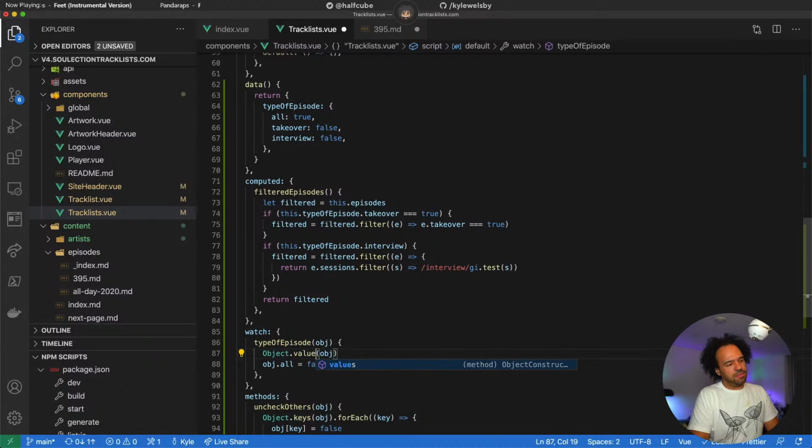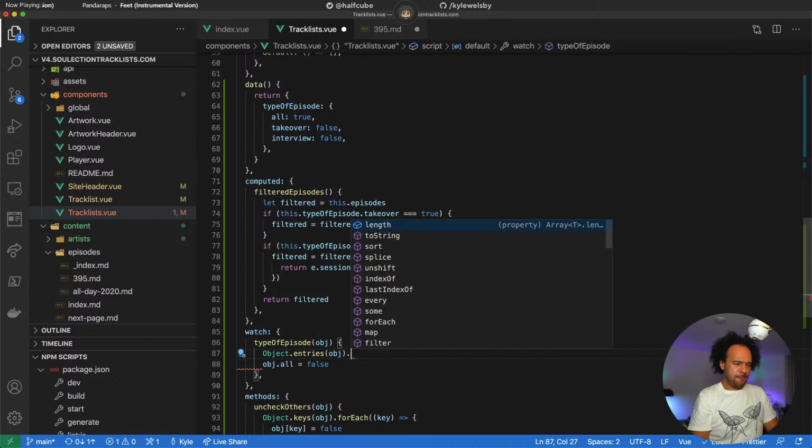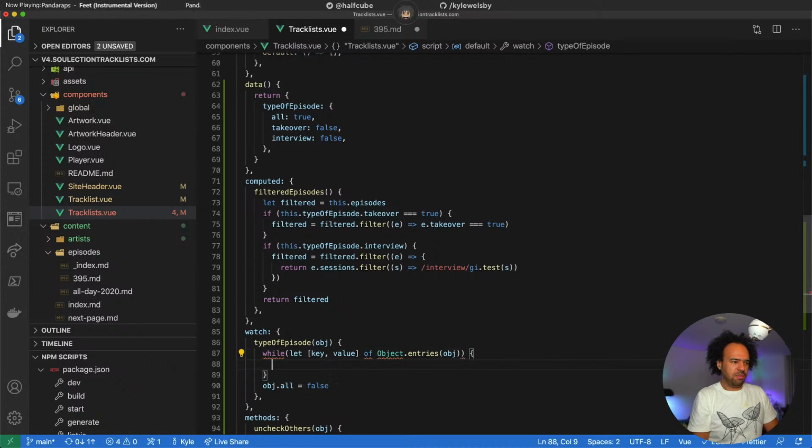Probably can do values. I just want to get any of the entries. Try that. While let key value in of. I keep getting those mixed up. And it's for.